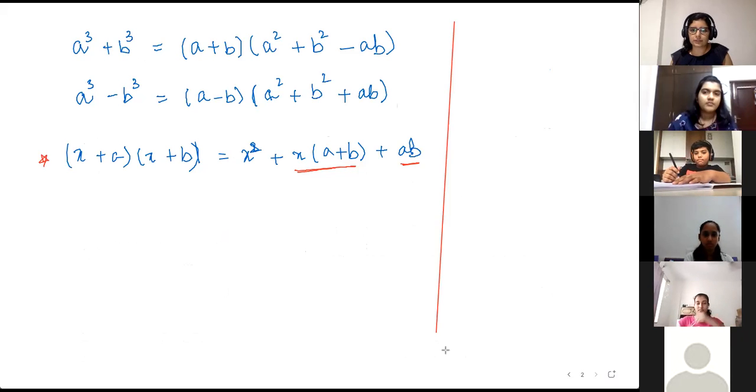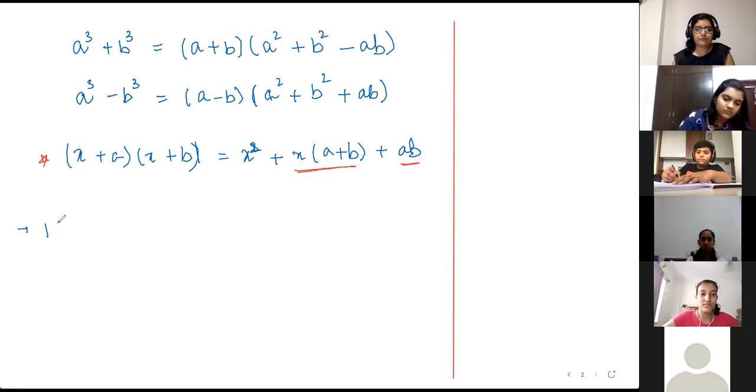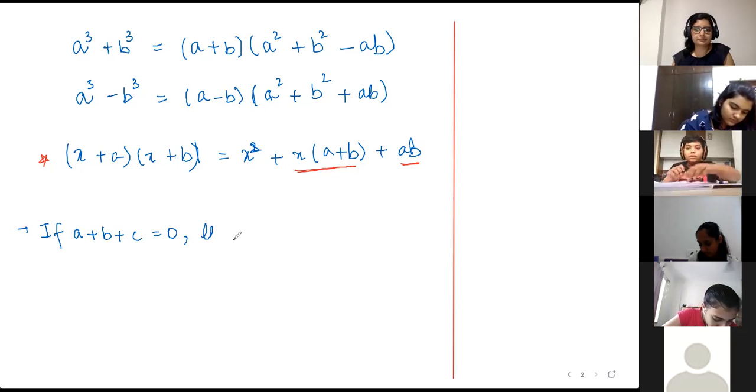So tell you what happens. So you guys note this down below the 10th one. So if a plus b plus c is equal to 0, then